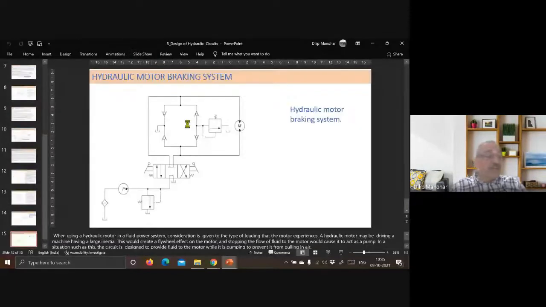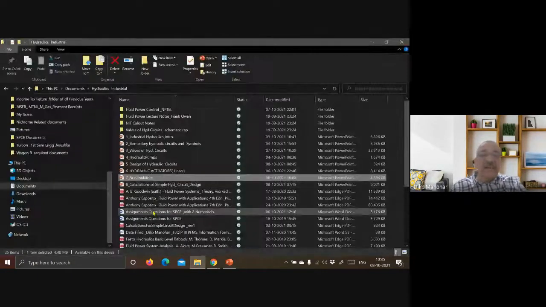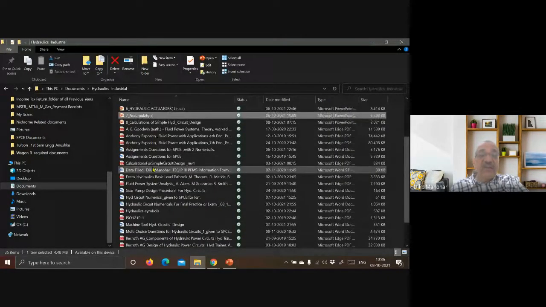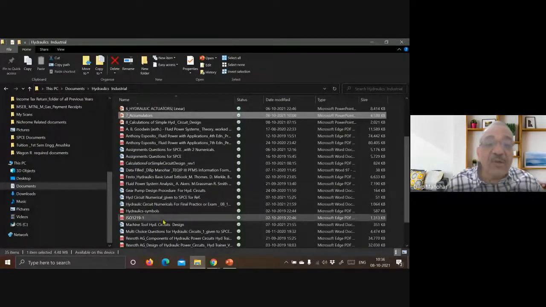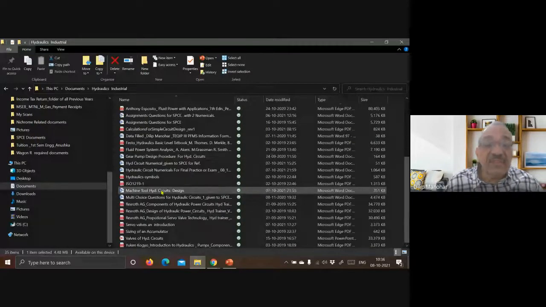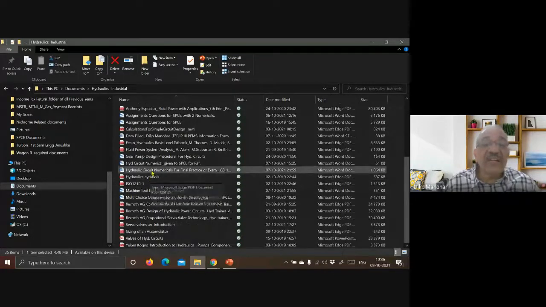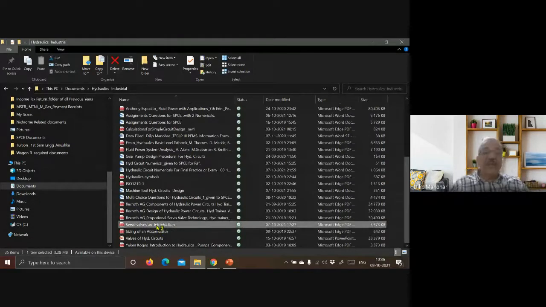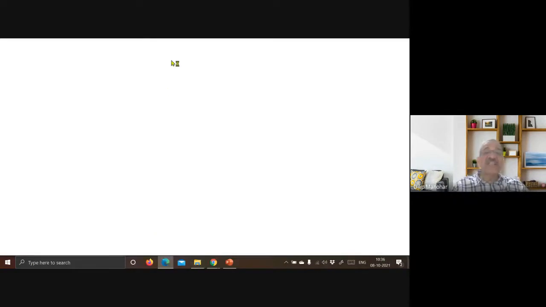If you have any questions, you can ask me. Now there are some slides pending, which I'll show you on how to use servo valves. Should I show one more small design, the servo valve design? Do you want to continue? Servo valve design, I have just taken one small clip, just for knowledge. I'm just showing you the servo valve design, a small idea.